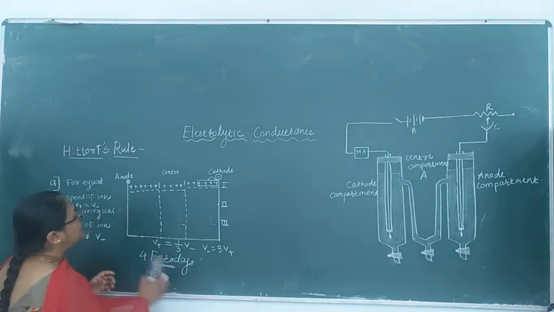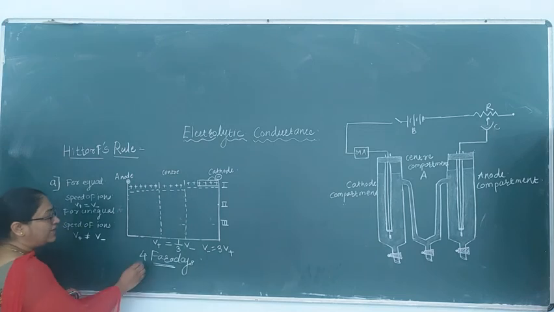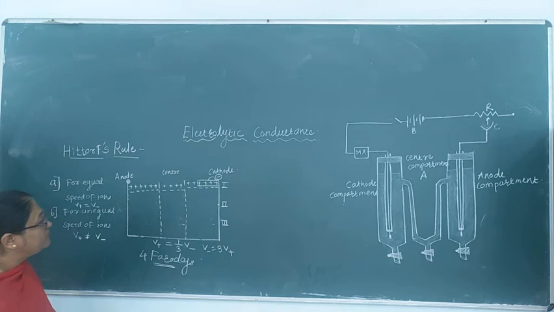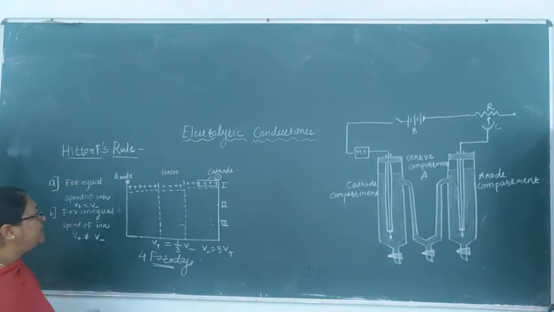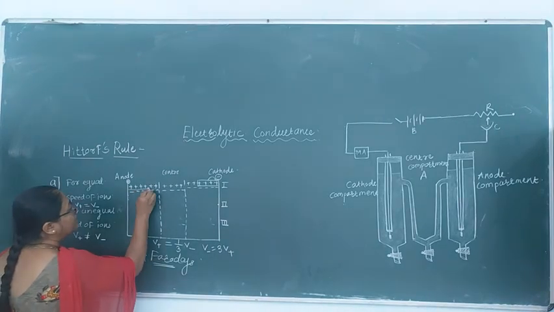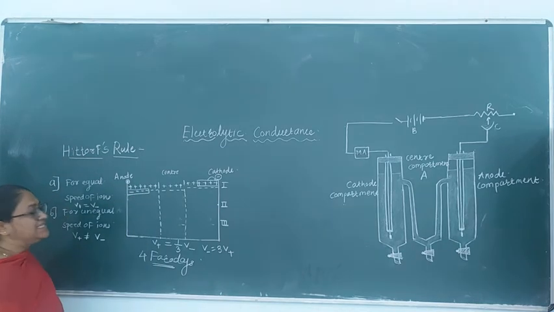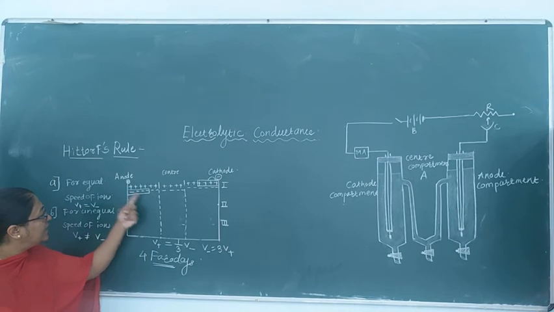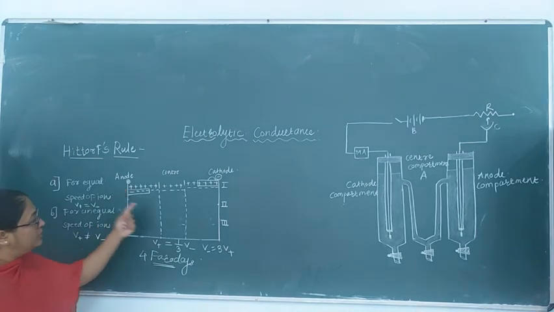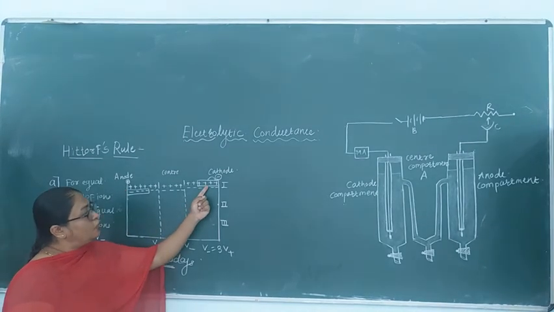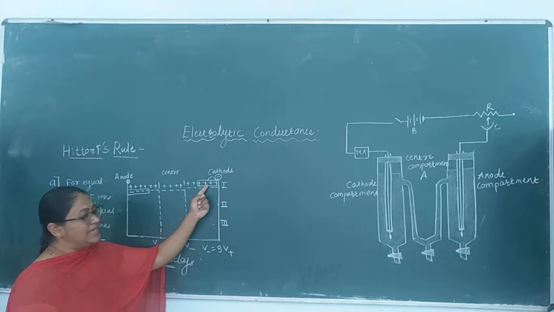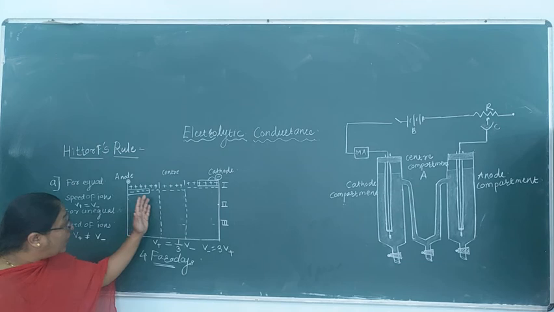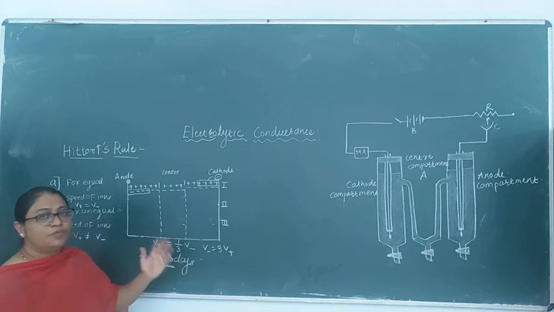Therefore, in this case, let's see what happens. Again, what we have done, 4 Faradays of electricity is passed through the cell. Therefore, in the first stage, initially, the similar case will be here. The first stage will be exactly the same. That is, 4 equivalents of negative ion will leave their electron and will deposit on anode. Similarly here, 4 equivalents of cations take up the electron and will deposit onto the cathode. While this migration is done, this deposition is done,